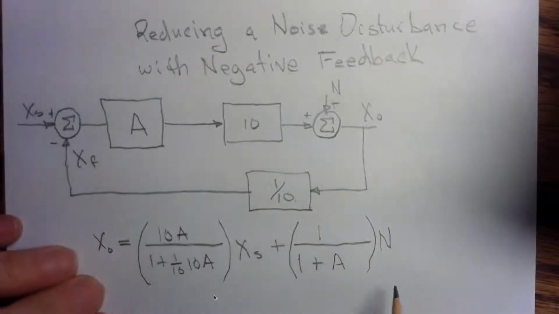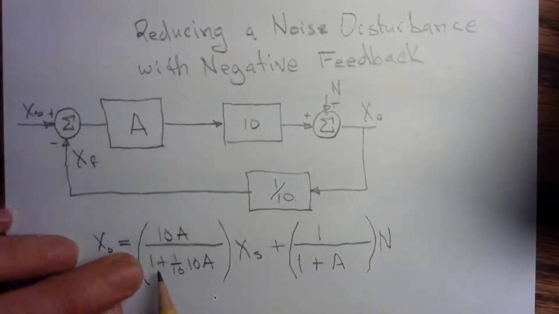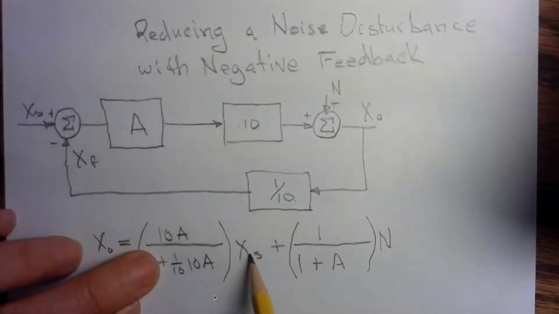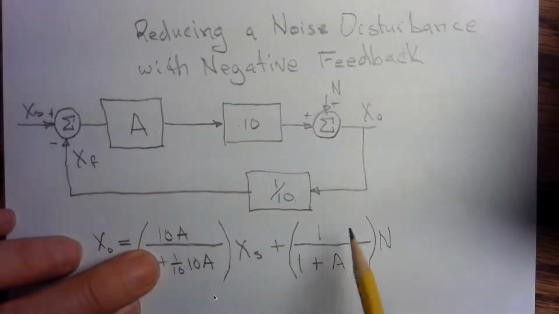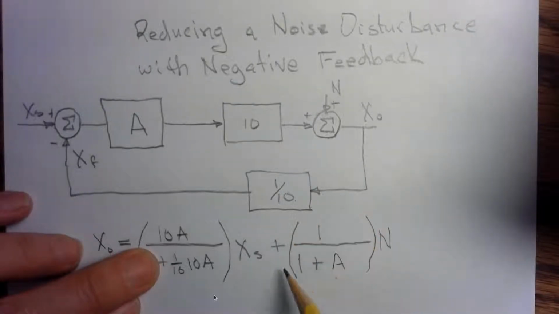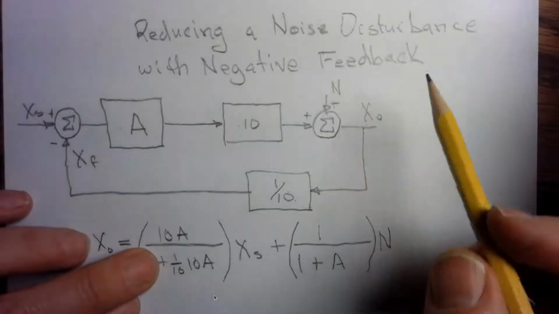So notice we end up with this as our output. If we take the limit as A goes to a very large number, this 1 doesn't really matter. The 1/10 and the 10 cancel on the bottom. The A cancels with that, and you get X out equals 10 times XS, plus this other part over here, which is 1 over 1 plus A times N. And A was getting very large, so this thing right here goes almost to nothing. So instead of just having the noise adding in, the noise is almost invisible now because this A is so large. That's the benefit of feedback that you get by